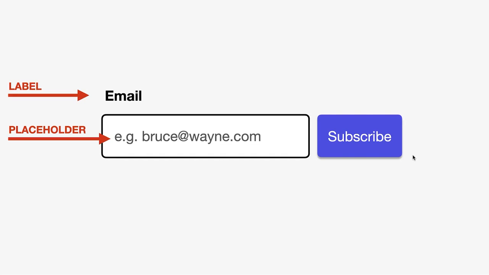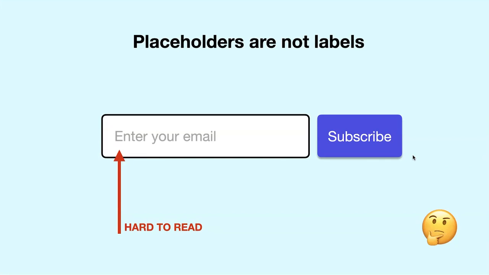The placeholder is text that is inside the field, and when you type inside the field, that text goes away. So it's a relatively modern invention. I mean, I think it's like 8 years old now or something, but placeholders typically are a sort of fainter shade of gray or something, so they're more subtle. And they can provide things like examples, like you see here, an example of an email address. That, at least in theory, is what they are, and that's what you should be doing. But unfortunately, a lot of people kind of get them mixed up.